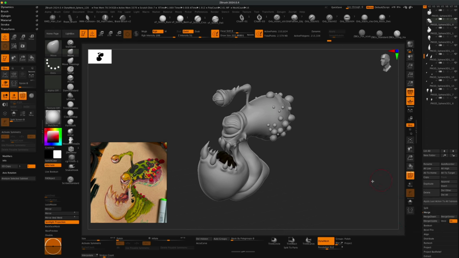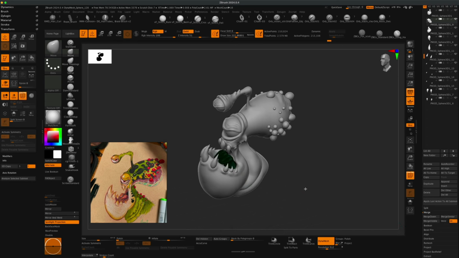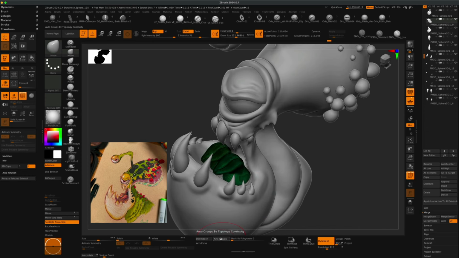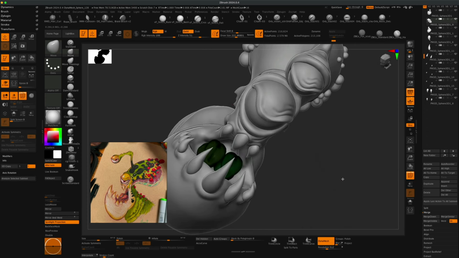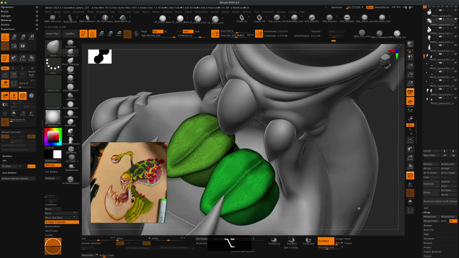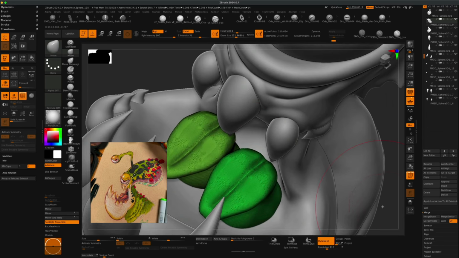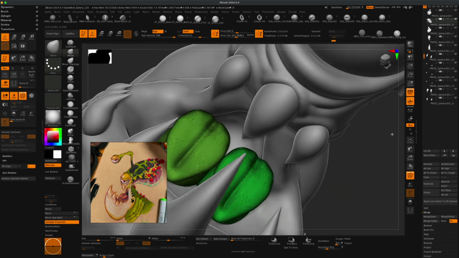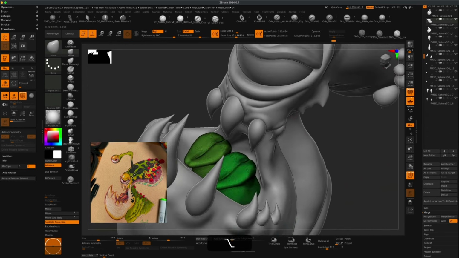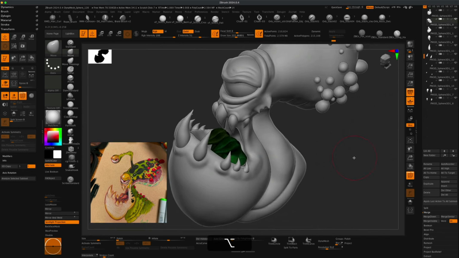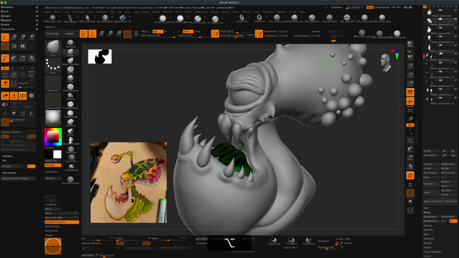But if I turn on my polyframe and do auto groups, they should technically be different polygroups, right? I don't know if you could see it, but they're definitely two different colors. And they are touching, right? So I'm going to jump out of Dynamesh mode. I don't really want to blend them. I want to keep them separate. But for this next little tiny adjustment, I wanted to put them on the same layer